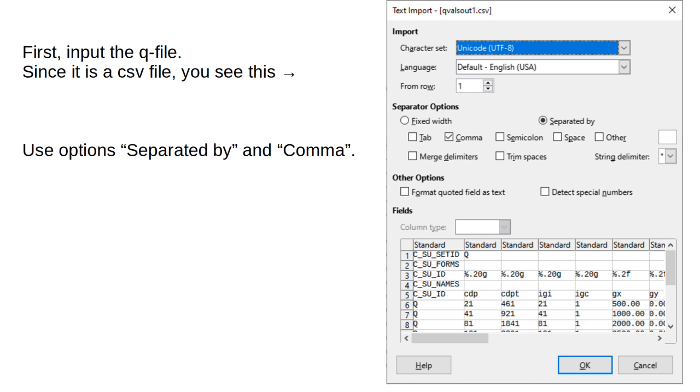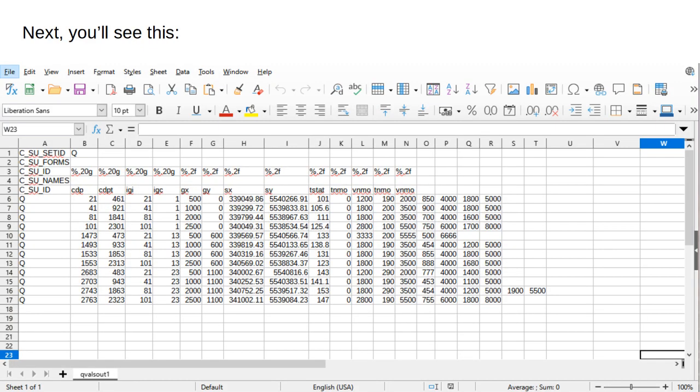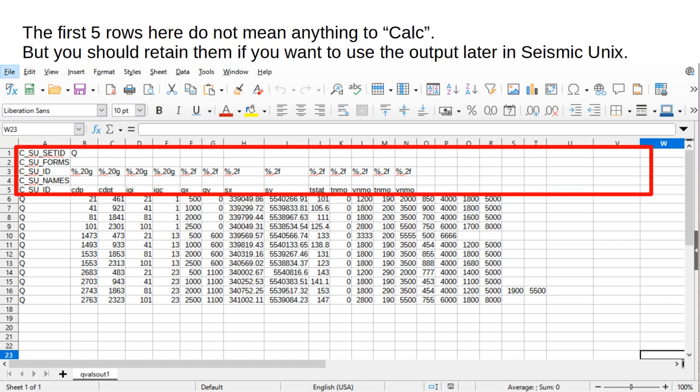First, input the Q file. Since it is a CSV file, you see this. Use options separated by comma. Next, you'll see this. The first 5 rows here do not mean anything to Calc, but you should retain them